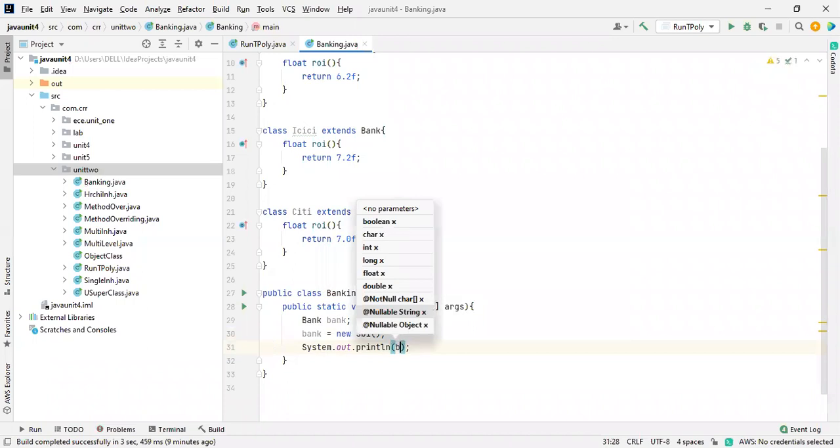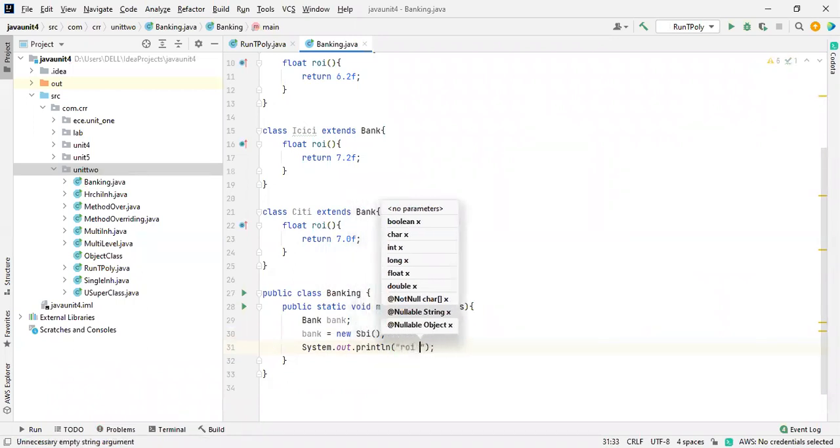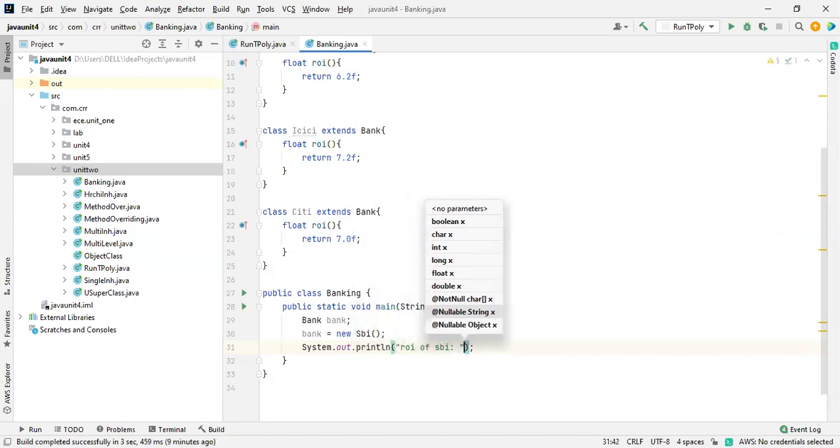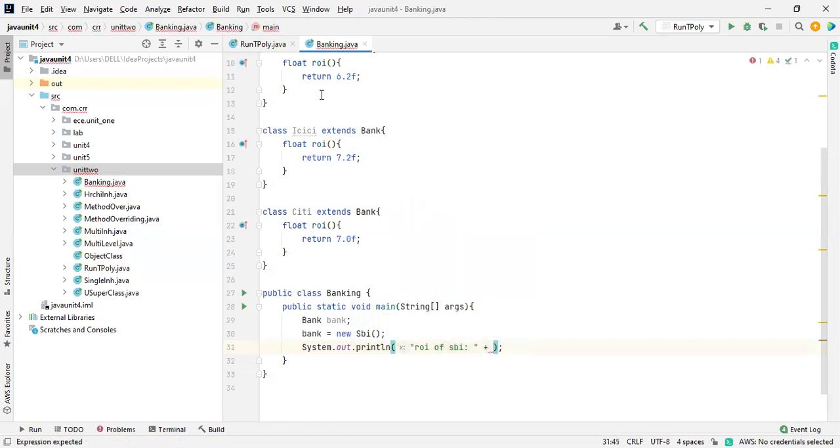Inside this, I'm going to take a bank. This is all about ROI of SBI. Now I'm going to take a concatenation and then call the method inside SBI. How are you going to do that? By using the reference of the bank dot ROI.